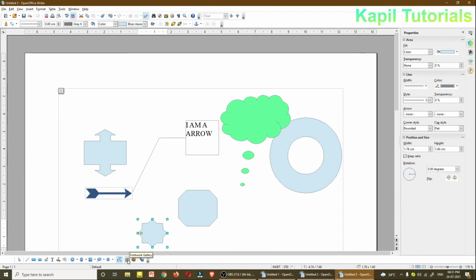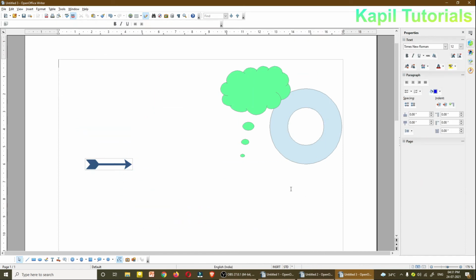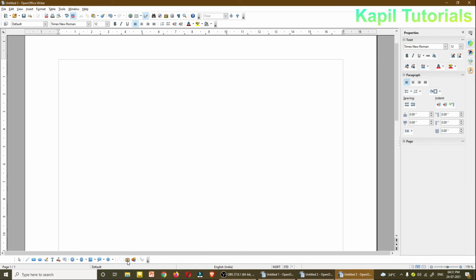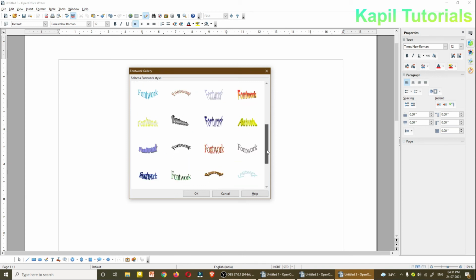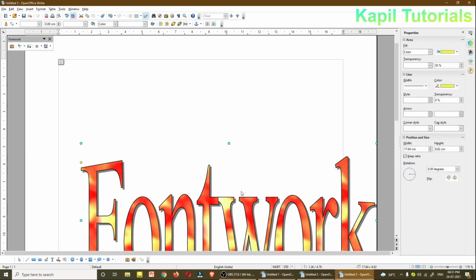And this is very interesting, font work gallery. So I'll select all, press delete key. Okay, this is very interesting, font work gallery. If I click on the font work gallery, you could see here the font work gallery. I have to select any font from here. Suppose I'm selecting this one, or plenty are there, it depends upon your choice. And I'll select this.